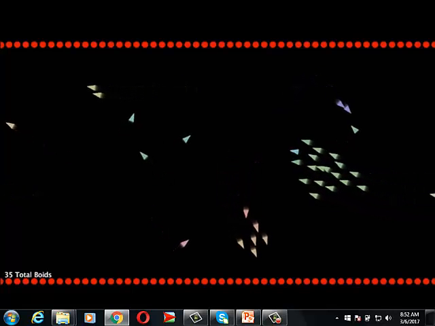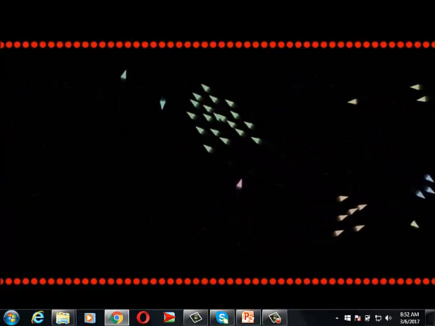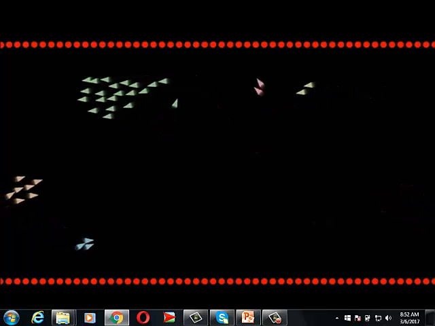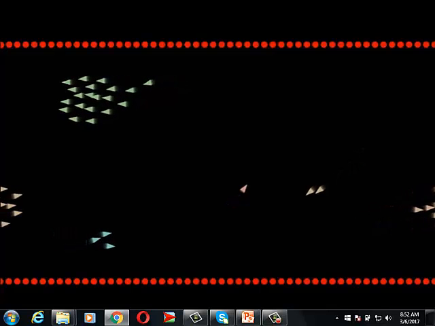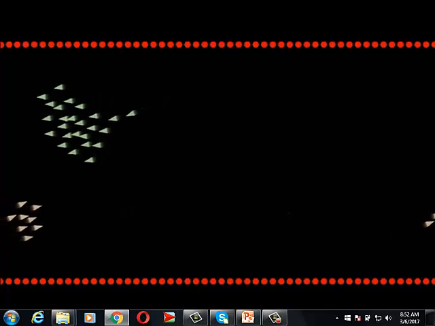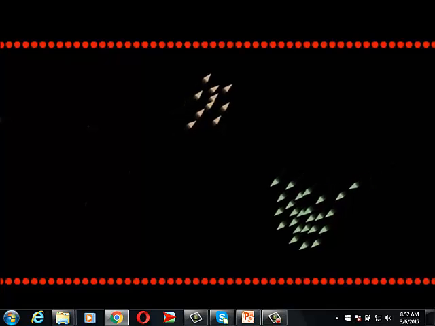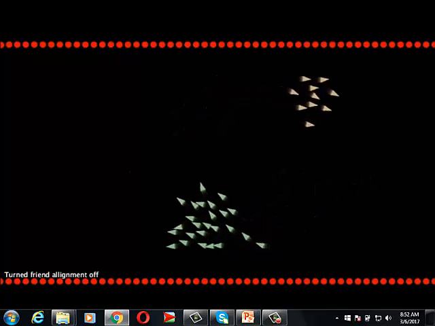I'll just put a bunch of guys out here for fun. So what each Boid does is it looks to its neighbors, its friends, in a small radius, maybe about 2 or 3 body lengths. And it averages the headings of all of its friends, the direction that they're facing. And it moves a little bit towards that direction. So if all of its friends are looking to the left, it turns a little bit towards the left. And every Boid does that for every other Boid in that little radius of its friends group. It looks around, and if I turn that off, you'll see they just kind of go everywhere.